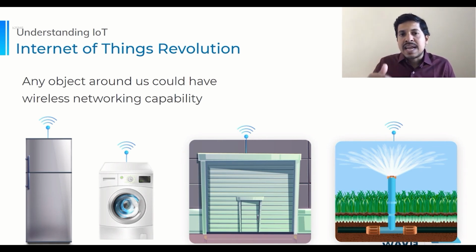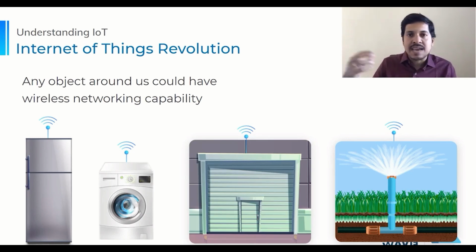And the ITU laid down the requirements for this use case with the IoT revolution, the Internet of Things revolution in mind. As you know, we are currently in the midst of an Internet of Things revolution. Internet of Things basically refers to the concept that anything, any object around us could have internet connectivity. So there will be a wireless networking capability in every device, or potentially every single device around us that we would want to access or control via the internet.